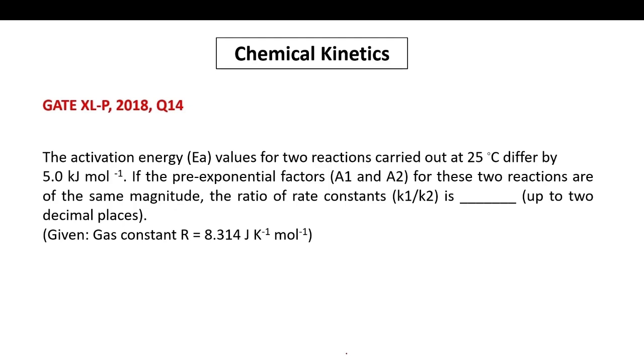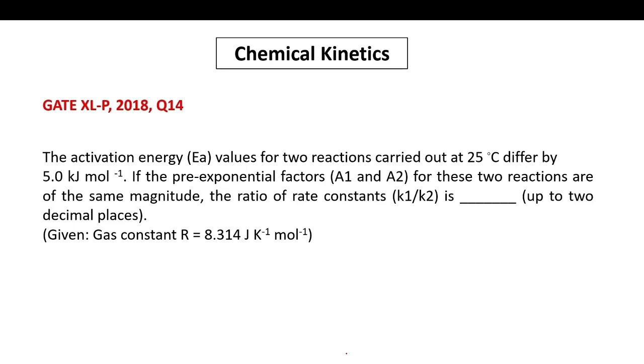Actually going to another question of 2018, and this is question number 14. Question number 14 states: the activation energy, the Ea values for two reactions carried out at 25 degrees Celsius, differ by 5 kilojoule per mole. If the pre-exponential factors, that is A1 and A2, for these two reactions are of the same magnitude,